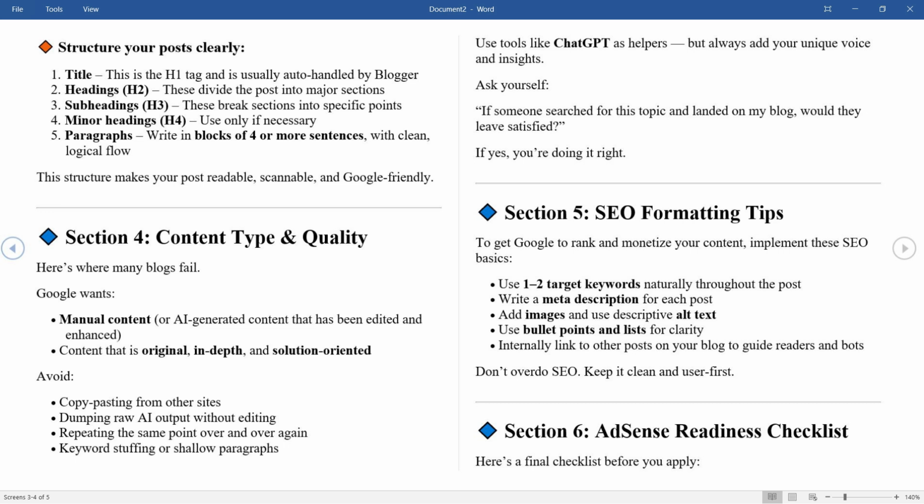Repeating the same point over and over again. Even if you want to meet 1,000 words, you're just repeating the same things. That is like duplicating content, and you get a decline with the duplicate content. And also keyword stuffing or shallow paragraphs, where you are trying to fix keywords within the same sentence and it doesn't make